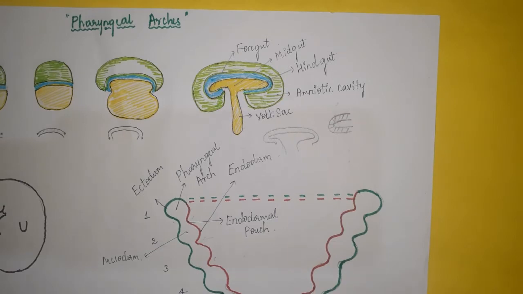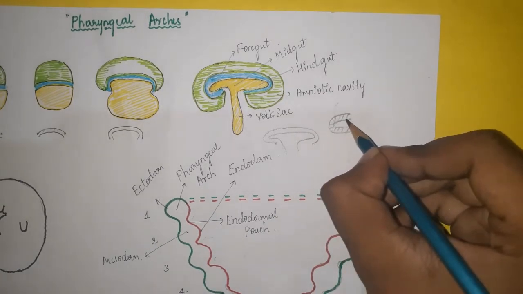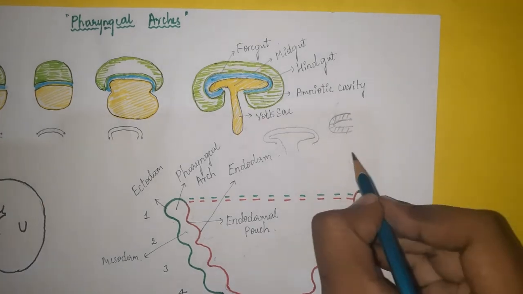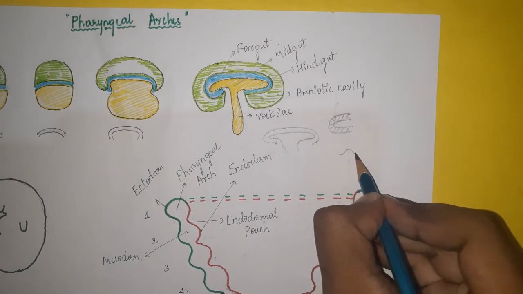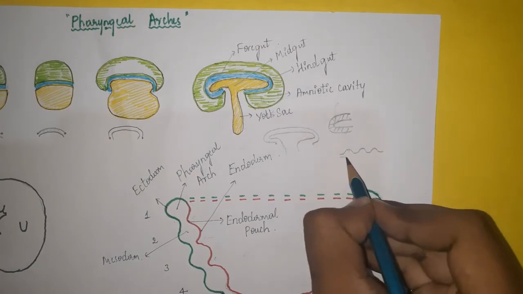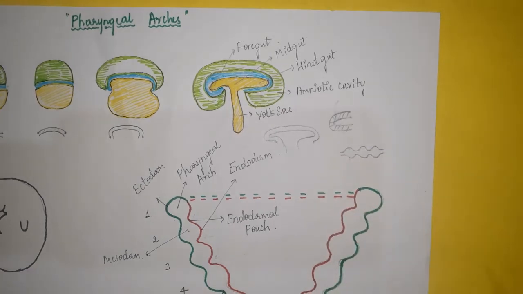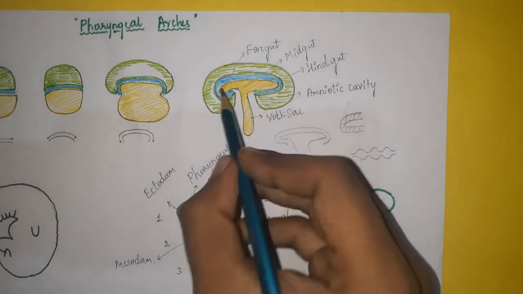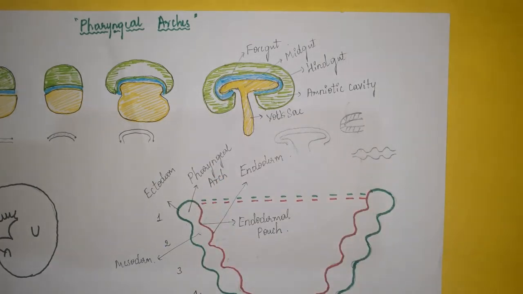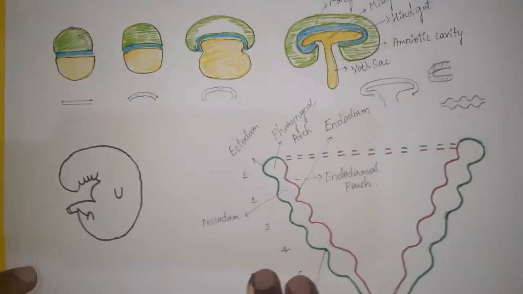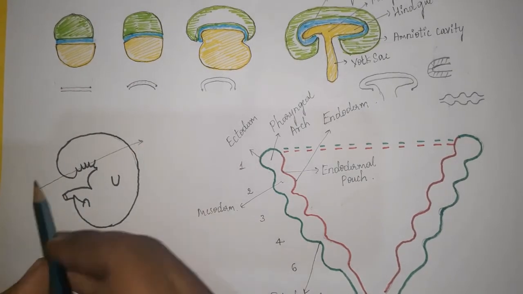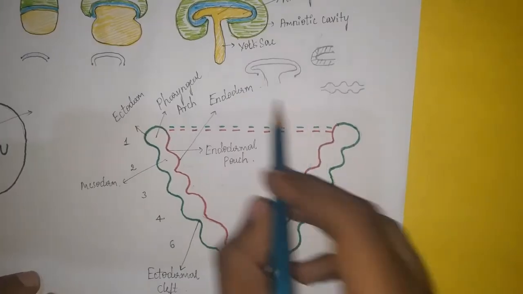Okay. Now, in the initial stage of the embryo, this mesoderm is uniform like this. During the course of development, it forms like this in cross section. These mesodermal rod-like thickenings are called pharyngeal arches. Simple. Why pharyngeal? Because this cranial most part of the foregut forms the pharynx in adults. That's why pharyngeal arches. Okay. Now, consider this developing embryo. I will take a section in this area like this, and this section will look almost like this. Okay.